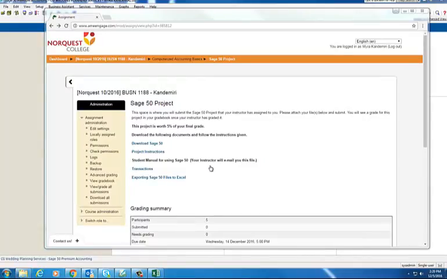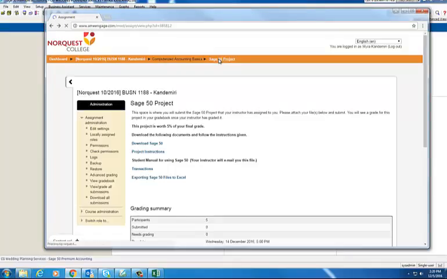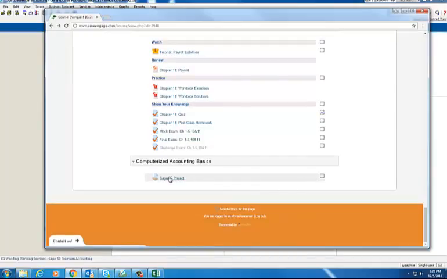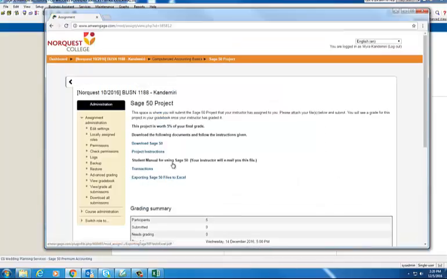If you go into Moodle, you will see that in the requirements document, which is project instructions,